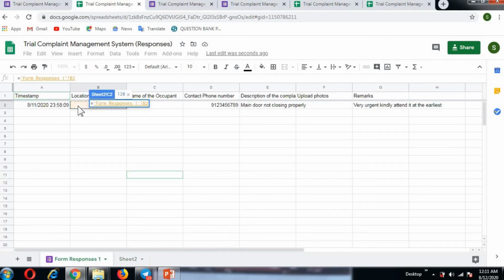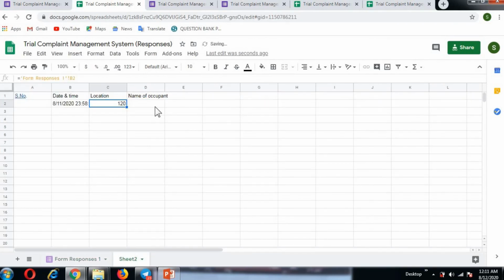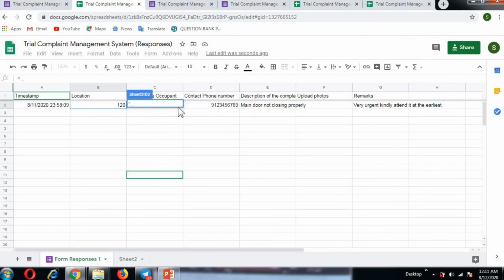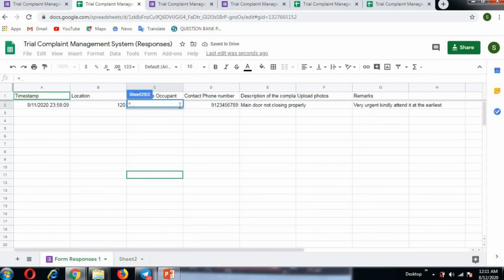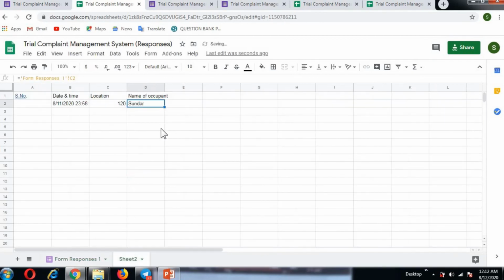I've given 120, and it gets automatically updated. Similarly, name of the occupant. So the name of the occupant also has got updated.